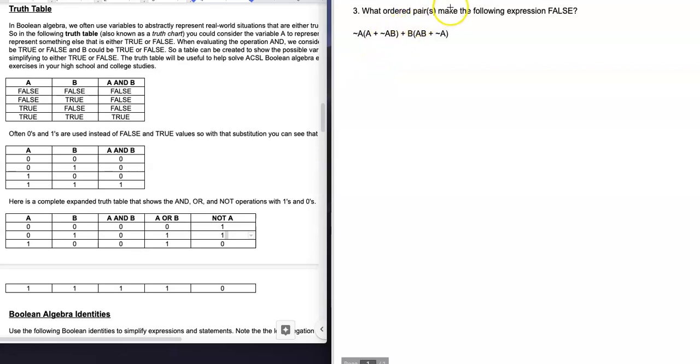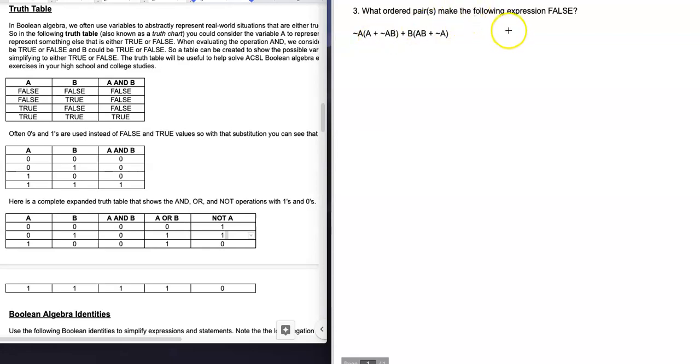What ordered pairs make the following expression false? Looking at this Boolean algebra expression that uses notation where the wavy line, the tilde, is a not symbol, the plus